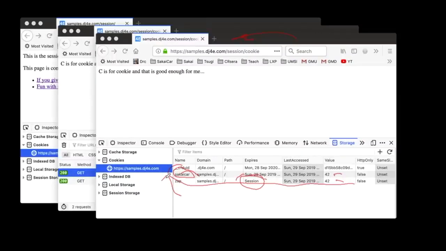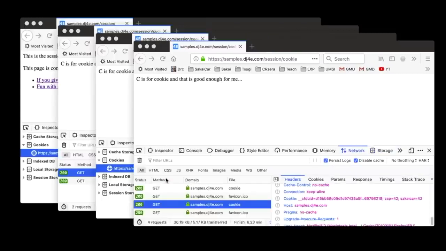So that's after the set cookie comes back from the server. Then we can take a look and see that as we make another request, the browser is going to look up the cookies, and we have this one here that's part of the hosting environment, but zap equals 42 Sakai car. So now in goes a GET request, and as part of the request headers, it's telling us all the cookie values for